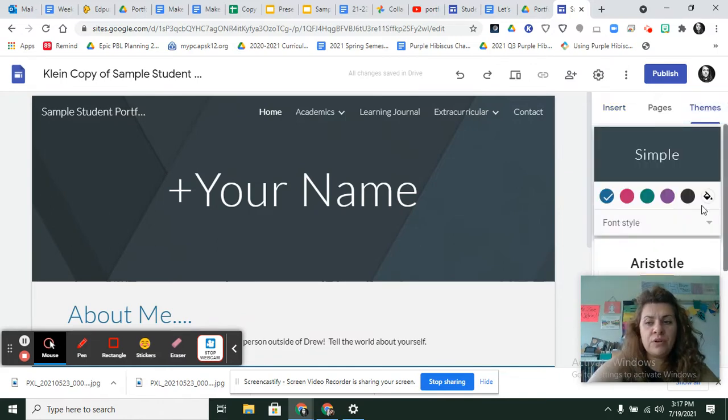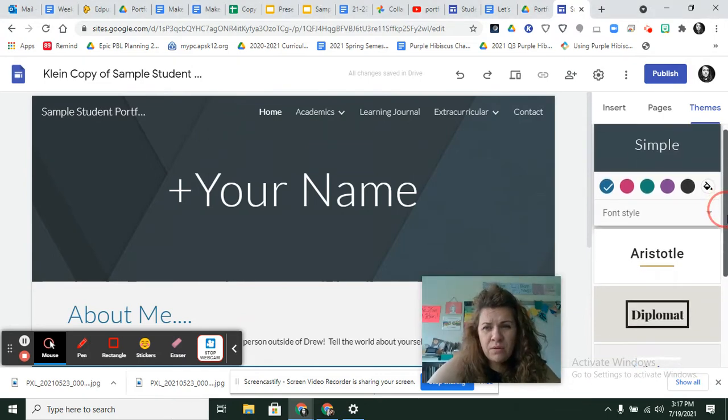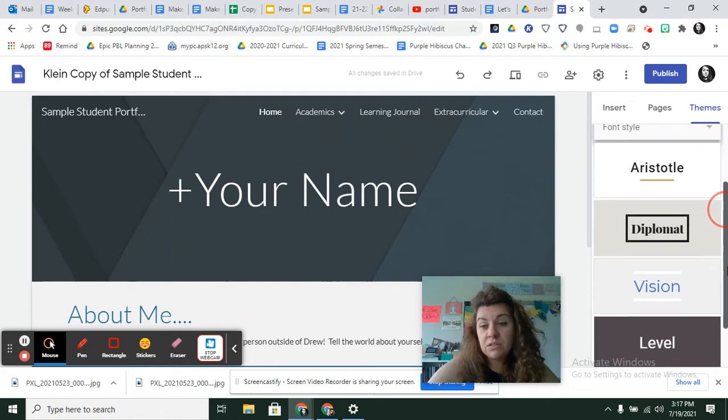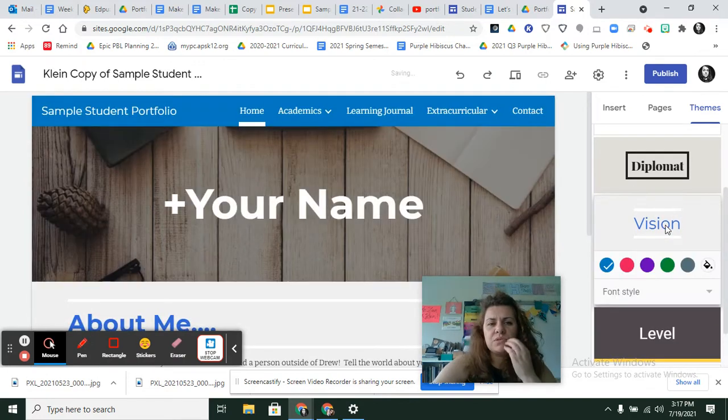If you click Themes first, you will see that Google gives you some options. We are default in the simple theme. We could also choose Aristotle, Diplomat, Vision, Level, Impression. Personally, I like Vision. I don't know why. That's the one I usually click, but you can click around and see what happens when you select a different